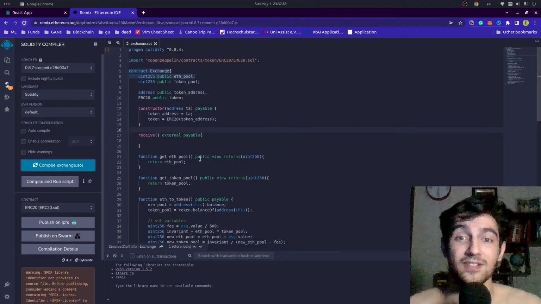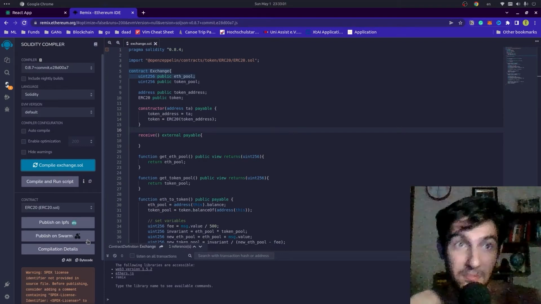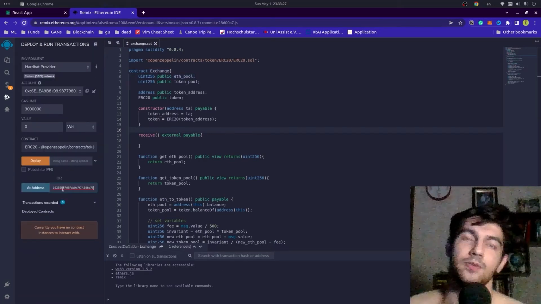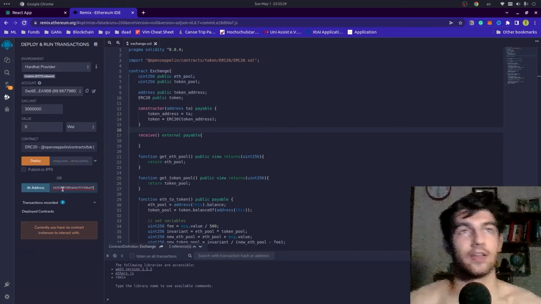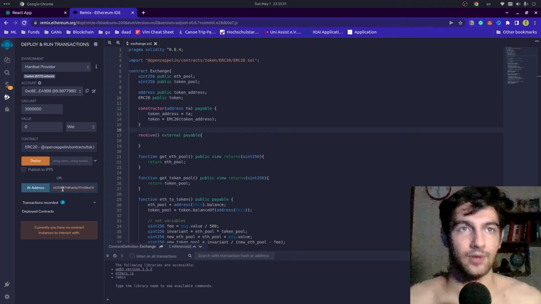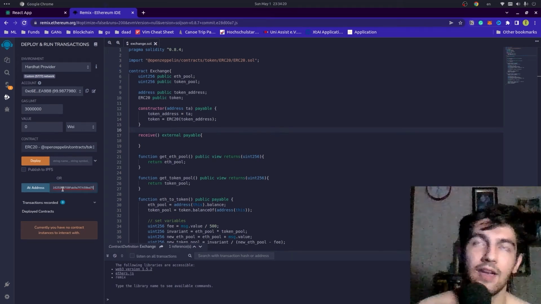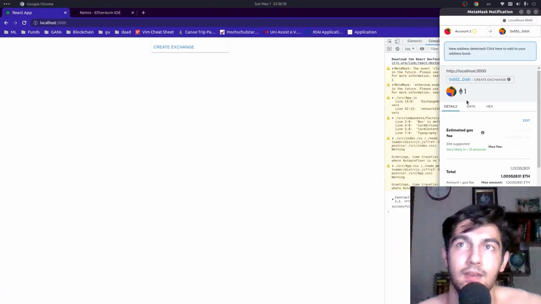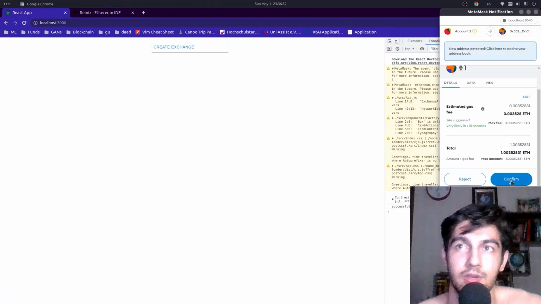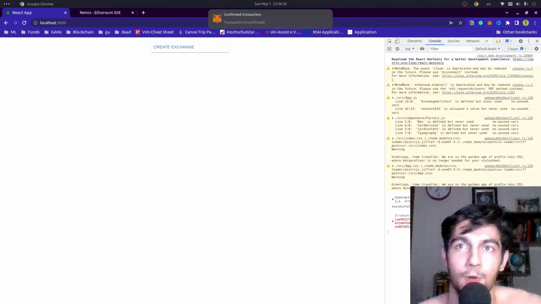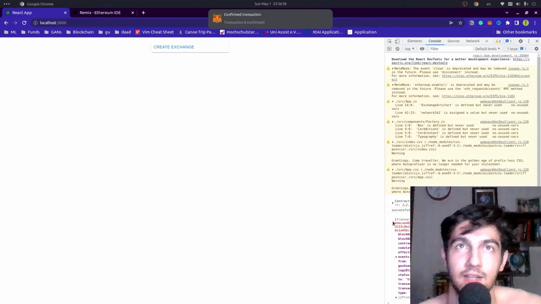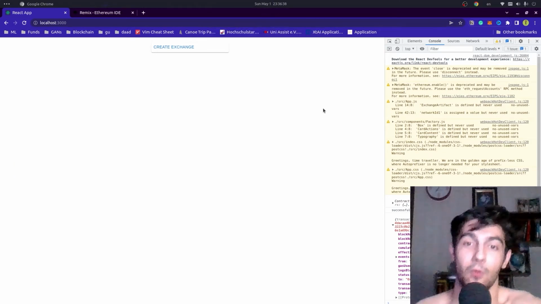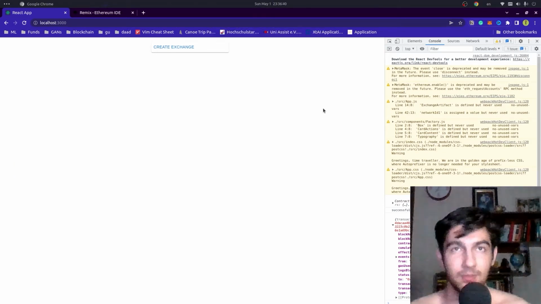Now it works. Now it works. It's like magic or something. I just want to know, if it wasn't for Remix IDE, would it have worked? There should be no problems. Okay, and it's gonna spend 1 Ethereum if we hit confirm. Transaction successful. So if it wasn't for the Remix IDE, I would have made it.